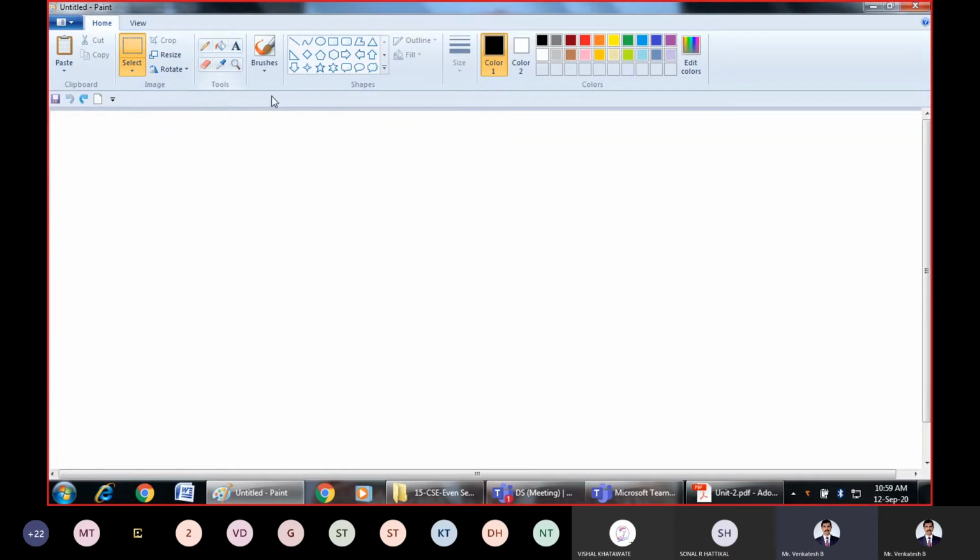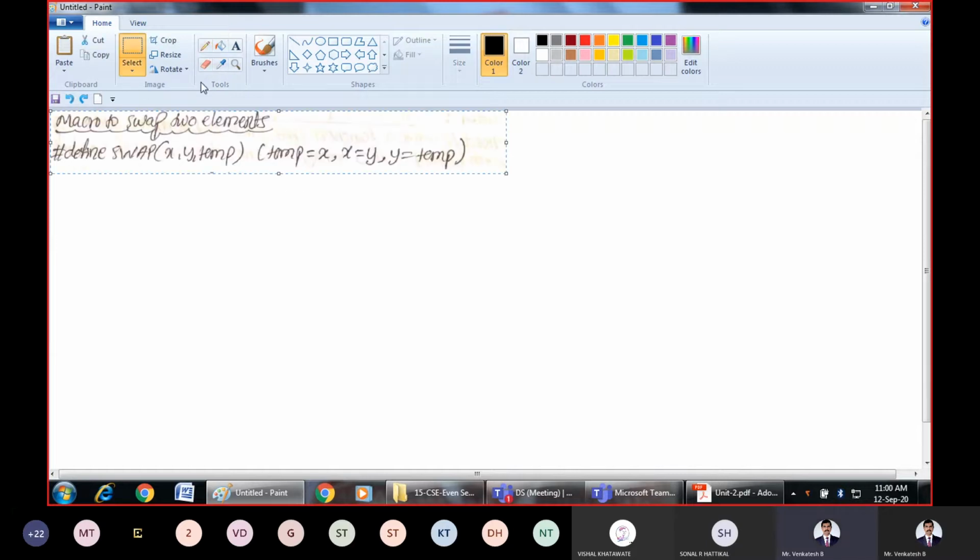The name of the macro is swap of x comma y comma temp. We #define a new macro with the name swap of x comma y comma temp, because this is the code for swapping.